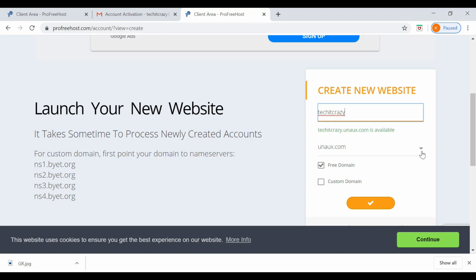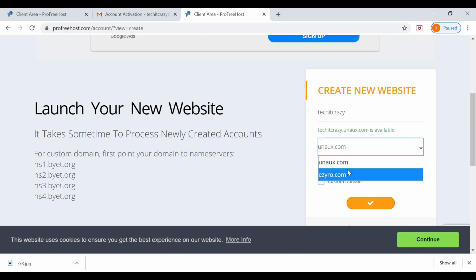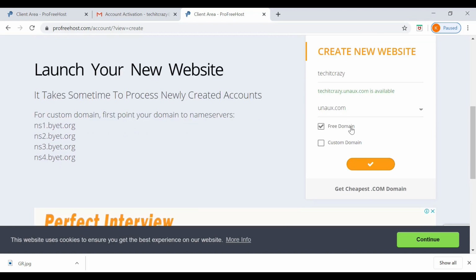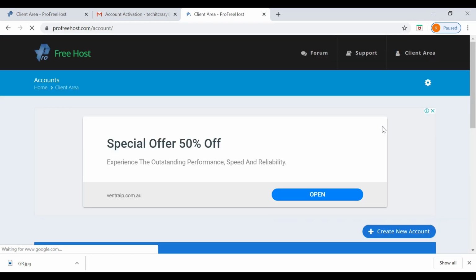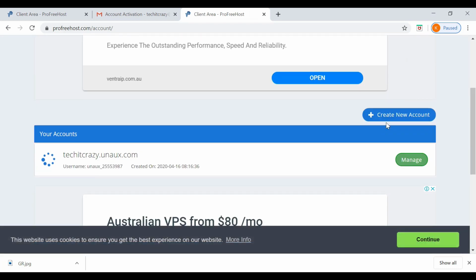There are also 2 options, like UX and uzero.com. I am selecting this free domain. If I click this one, the website will be created with the name techitcrazy.unix.com, and you can see those details here.